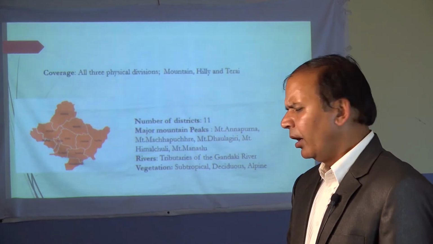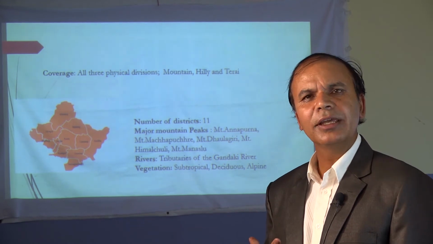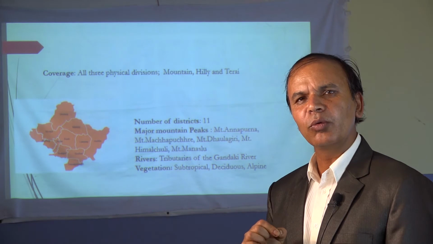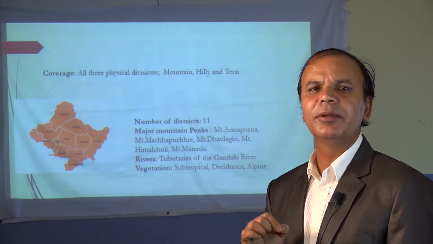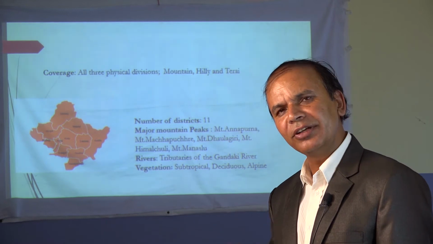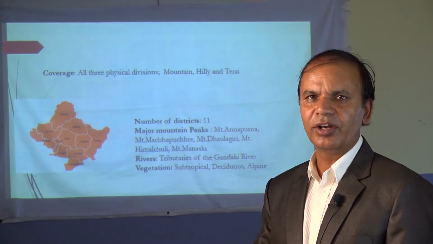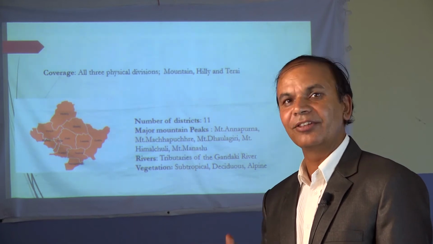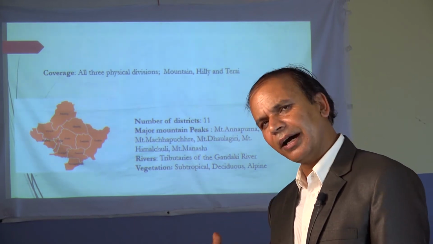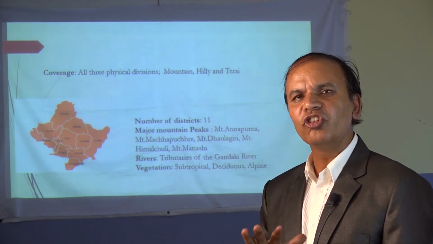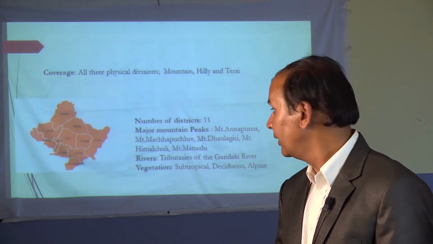Like Bagmati and province number 1, Gandaki province includes 3 physical divisions. They are hilly region, mountain region, and Tarai region. Towards its north, there is mountain region. In its mid part, there is hilly region. In its southern part, there is Tarai region. It has 3 geo features physically.